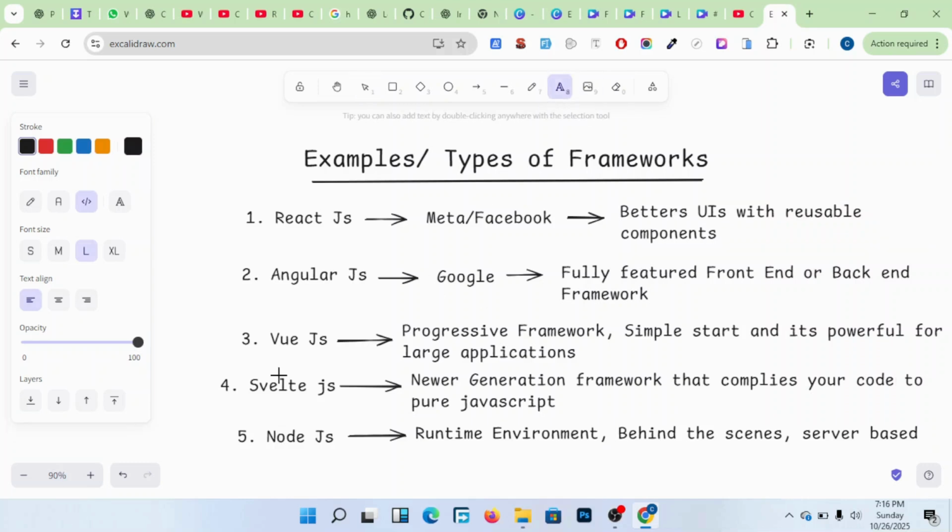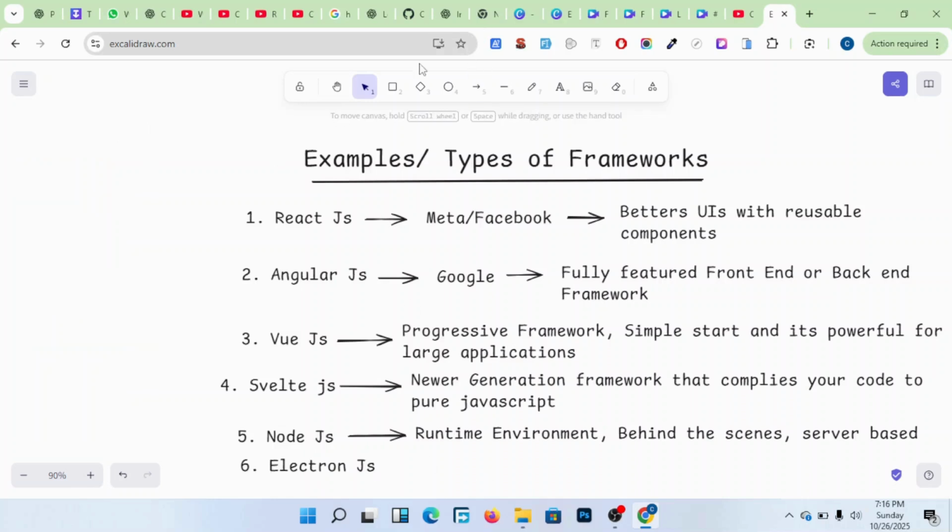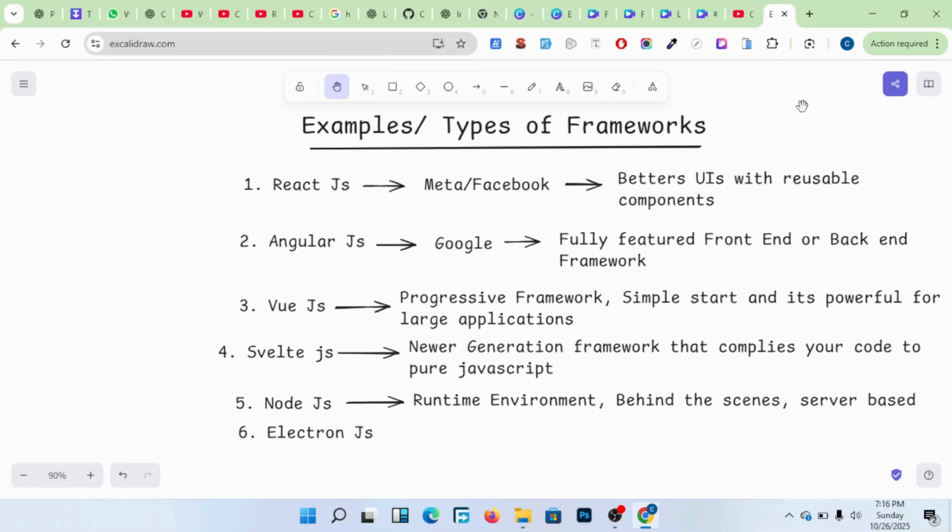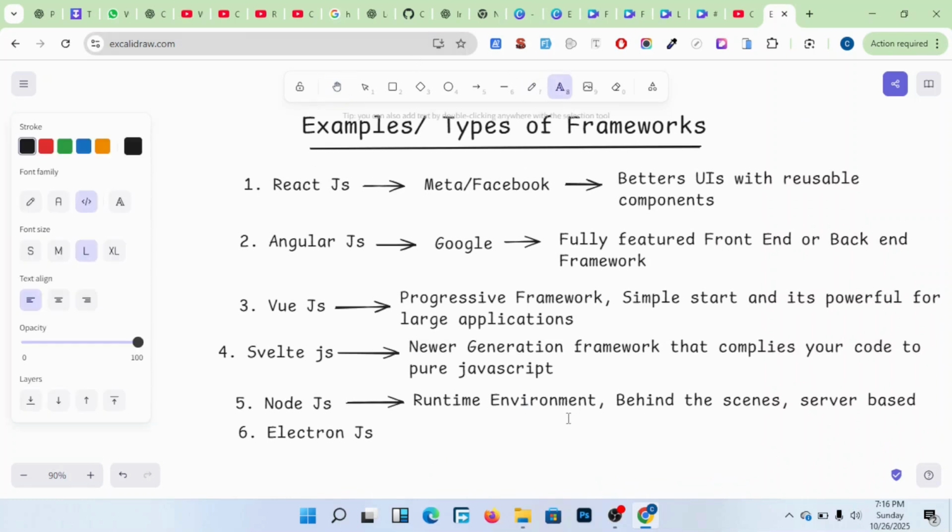Then we have here, six on our list, Electron JS. Okay? Let me first scroll up here. I'm facing insufficiency with space. Okay, there. So members, Electron JS, this one you're seeing here,